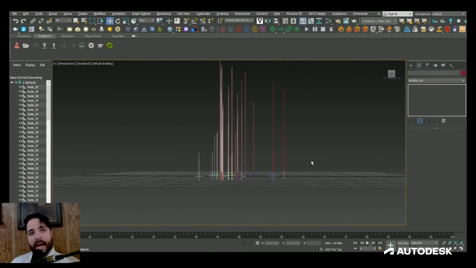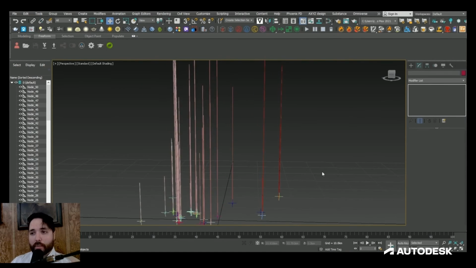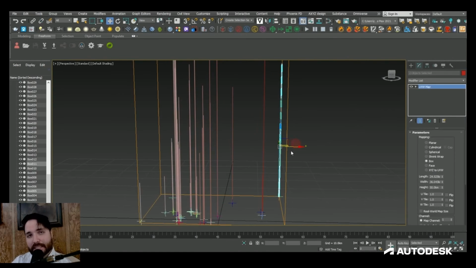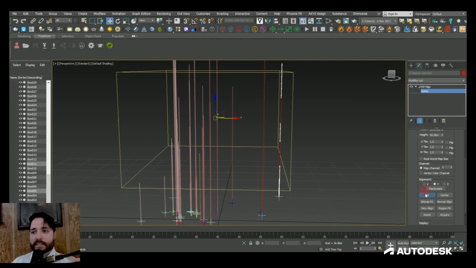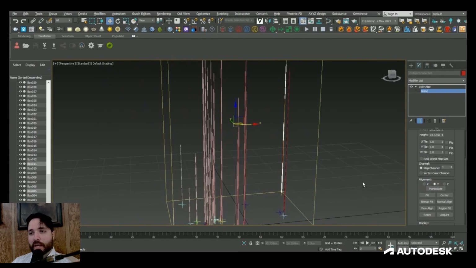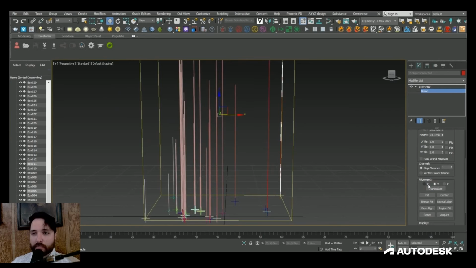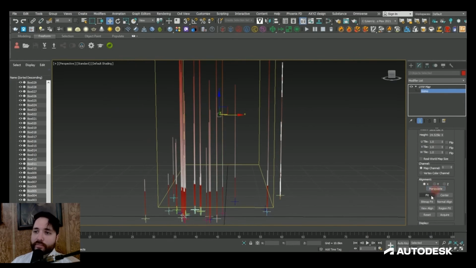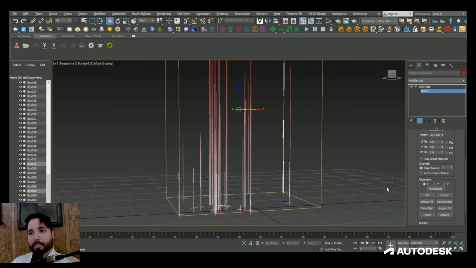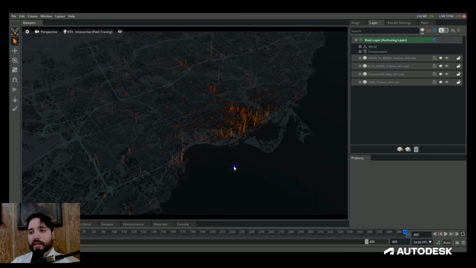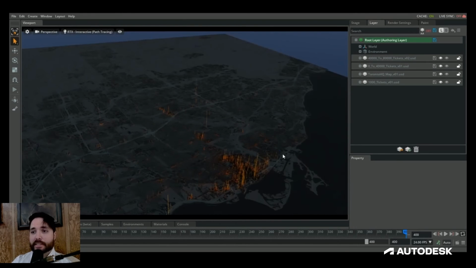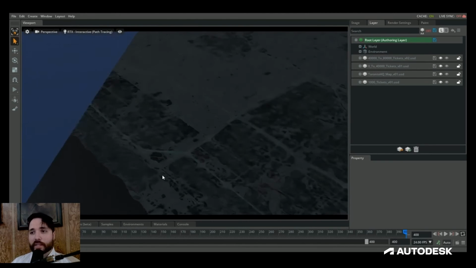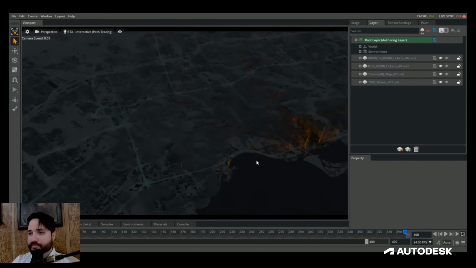Once that was done, I added gradient UV mapping to all my box towers so that I could represent the intensity with the color gradient. By applying a shared UV map and rotating the gizmo, all I had to do was apply the same gradient material to all of my box towers, and everything was then ready to export into Omniverse Create. I exported all of the boxes as an FBX file because there weren't, again, any deformations in the mesh, so it helped cut down on the file size tremendously. Then once again, I simply converted that into a USD format within Omniverse, and everything was ready to go.